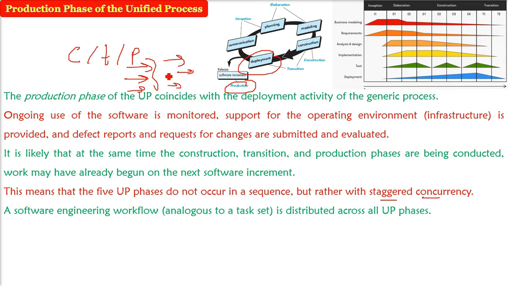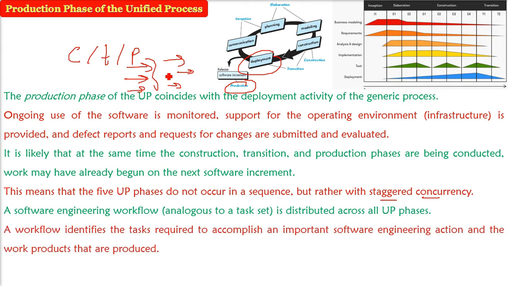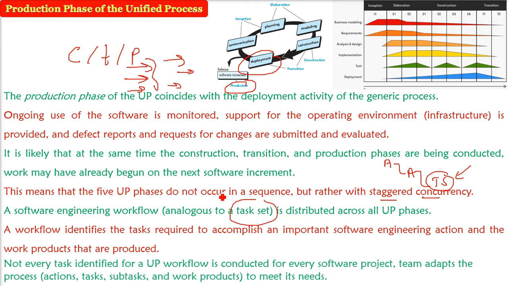So software engineering workflow, see, workflow, task set, this we already discussed. We started task set with the framework activity. Every activity will have some actions, and every action will have some task set, which is the actual work you are going to do. So you can say that the workflow and the task set are analogous here. So what actions we have to do, what actions will produce what task set, and what task set will give you what work product. All of this has to be revisited here, because ultimately you have to meet the end